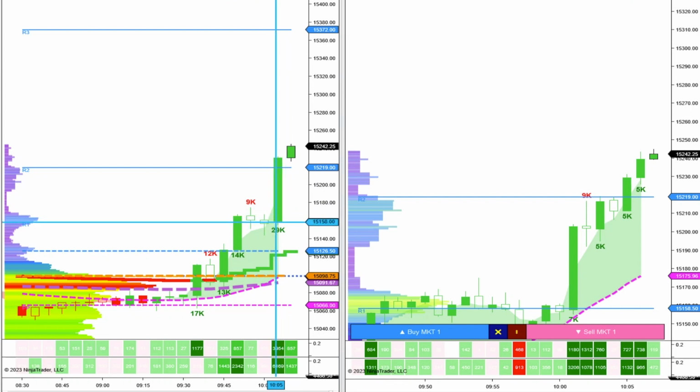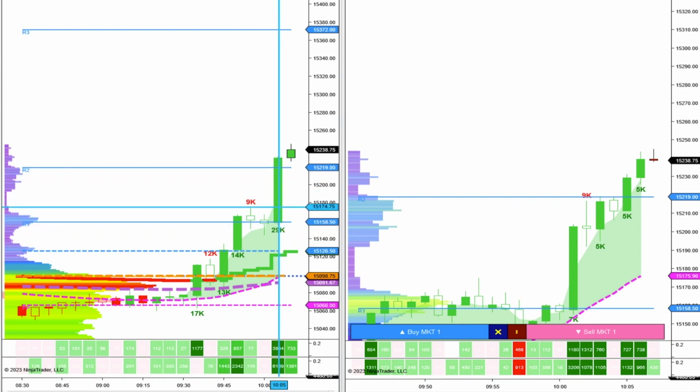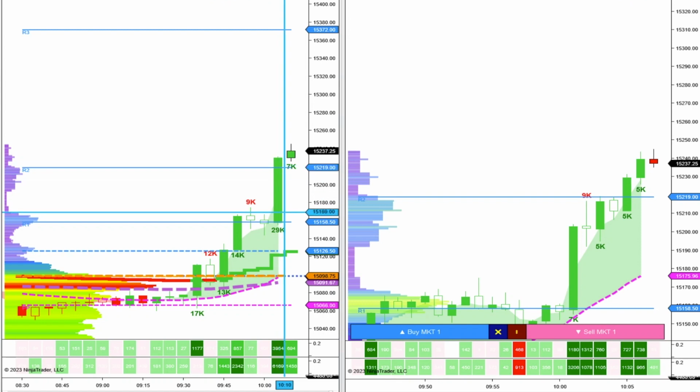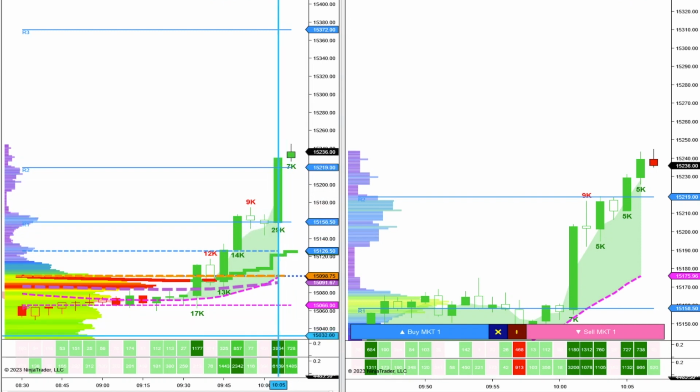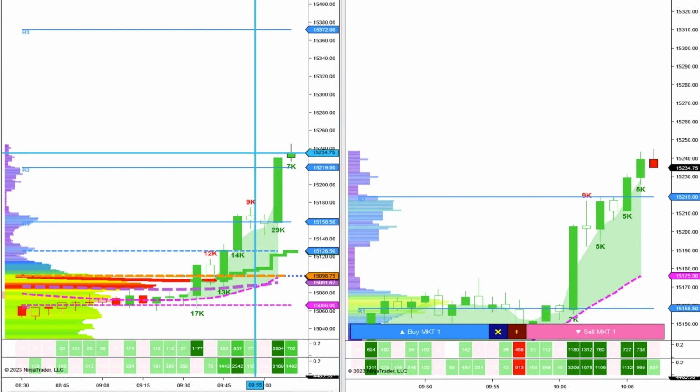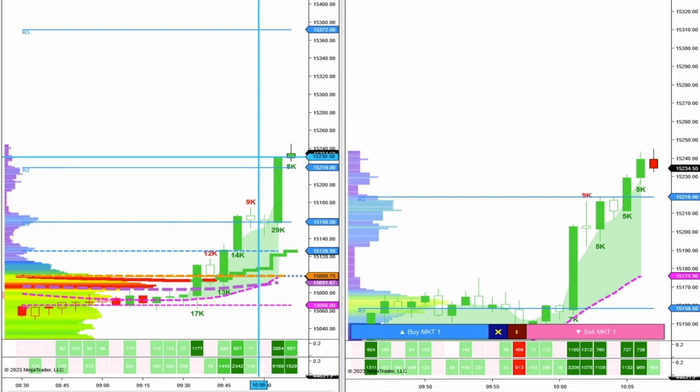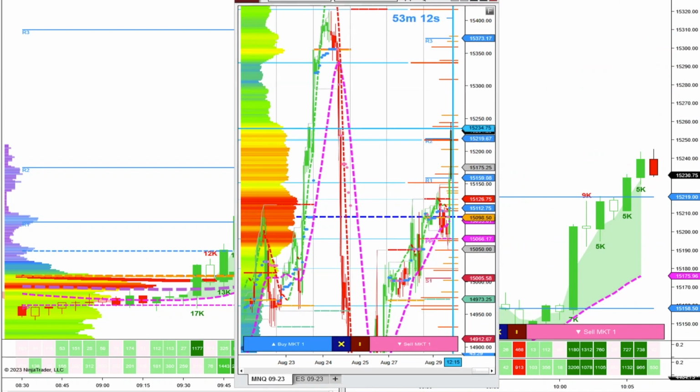If I've got a huge green candle like this, I mean, there's your price action coming in, just taking note of these huge candles when they come along. It's got tons of volume, 29K, tons of delta. We just broke above R2. And on the longer term 60-minute